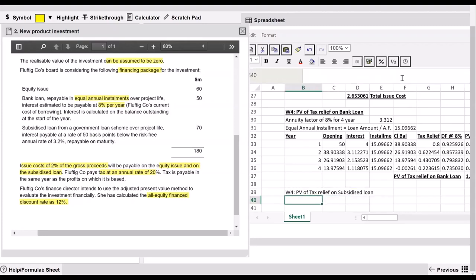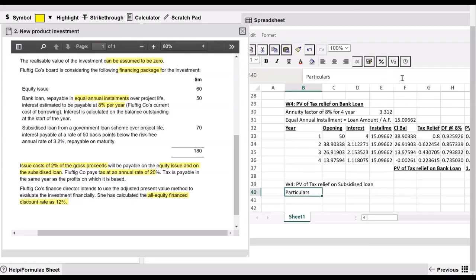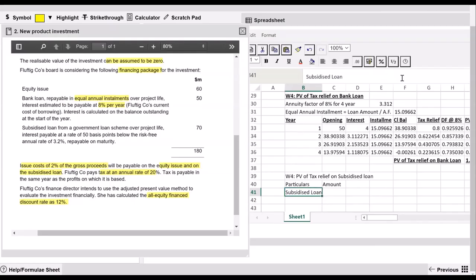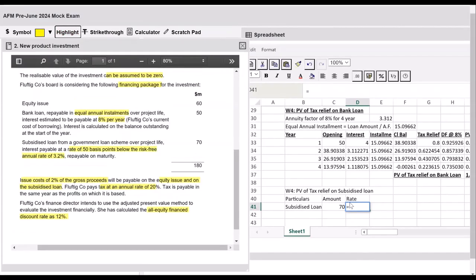Where the particulars: how much is the amount of the subsidized loan, which is 70 million, and the rate of interest, which is 3.2 minus, it's written 50 basis points, highlighting it in the question, at a rate of 50 basis points below the risk-free rate of 3.2 percent. So it will turn out to be 2.7 percent,